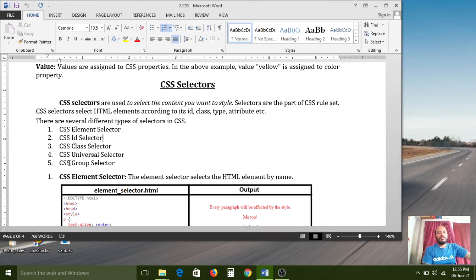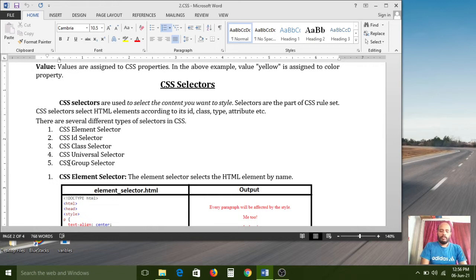The first one is the CSS element selector. Second is the CSS ID selector. Third is the CSS class selector. Fourth is the CSS universal selector. Fifth is the CSS group selector. In this class we have to learn about these 5 types of selectors.